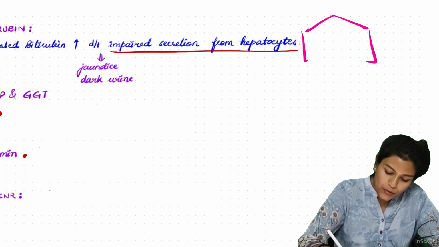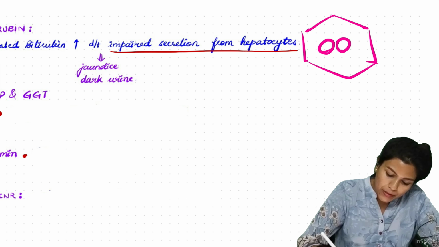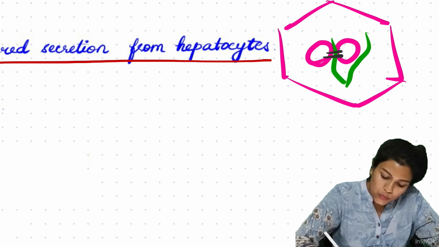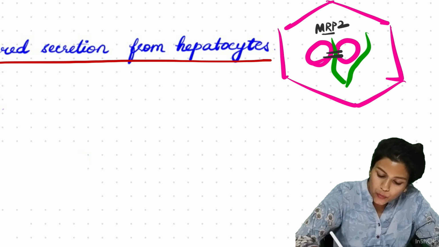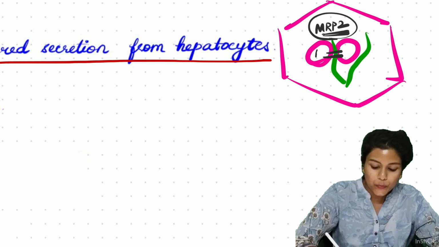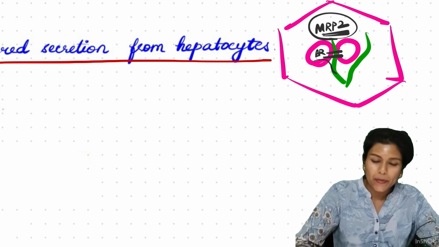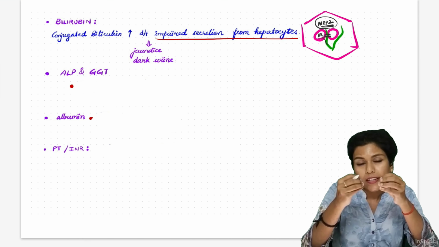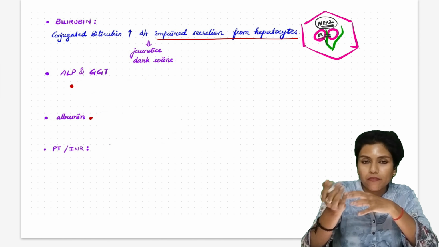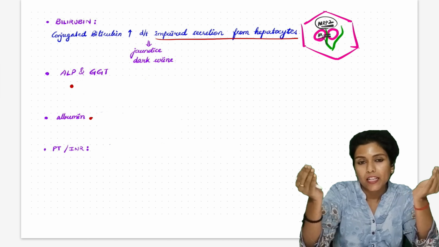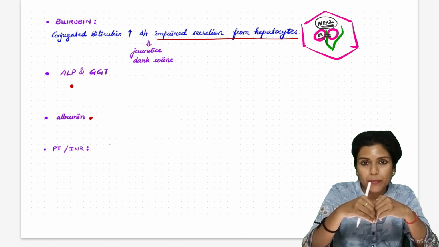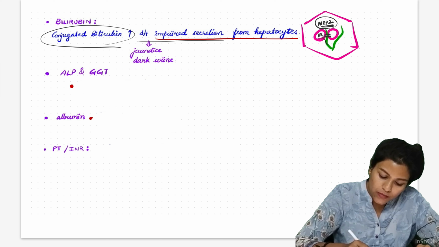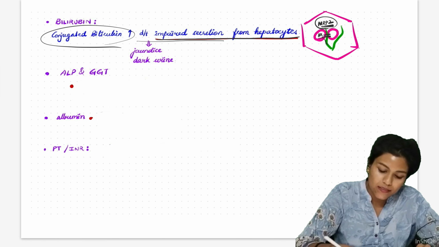This is the hepatic lobule. There are hepatocytes, bile canaliculi in between them, and there is this MRP2 port, via which the conjugated bilirubin will pass into the biliary canaliculi. Because of this heavy inflammation, the canaliculi may get occluded, because of which bile and conjugated bilirubin are unable to pour themselves into the bile. So conjugated bilirubin will backflow into the blood. It will rise in the blood because of this impaired secretion from hepatocytes,